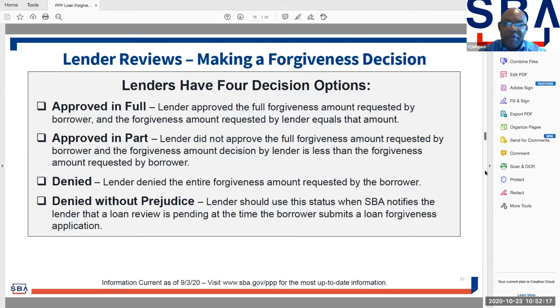And then you have approved in part, which is, I think, going to be the majority of the cases. The lender did not approve the forgiveness amount requested by the borrower, and the decision amount by the lender is less than the forgiveness amount requested by the borrower. This is what I think we're going to see more of, because just in the sample size that's come into the SBA,